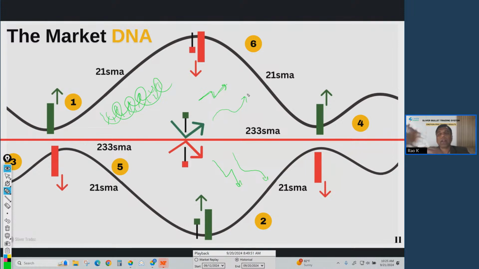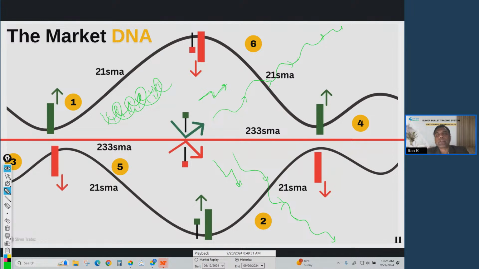And if we connect this DNA element of market movement, we can connect the elements like this: goes up, down, goes up, goes down. Similarly, it can come down this way. So if we join all the DNA elements, we get this kind of movement. But this movement is not enough. DNA is not enough. A body has to have a structure. So similarly, the market has to have structure.